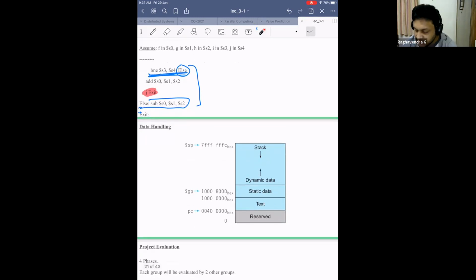Okay. So the way data is handled in this system, or in general in any system, is that I have some amount of memory reserved for both stack and dynamic data. I don't, of course, have a division here. The stack grows from top to bottom, and the dynamic data, or whatever you want to call it, let's say heap, moves from bottom to top. Generally, there is no demarcation here.